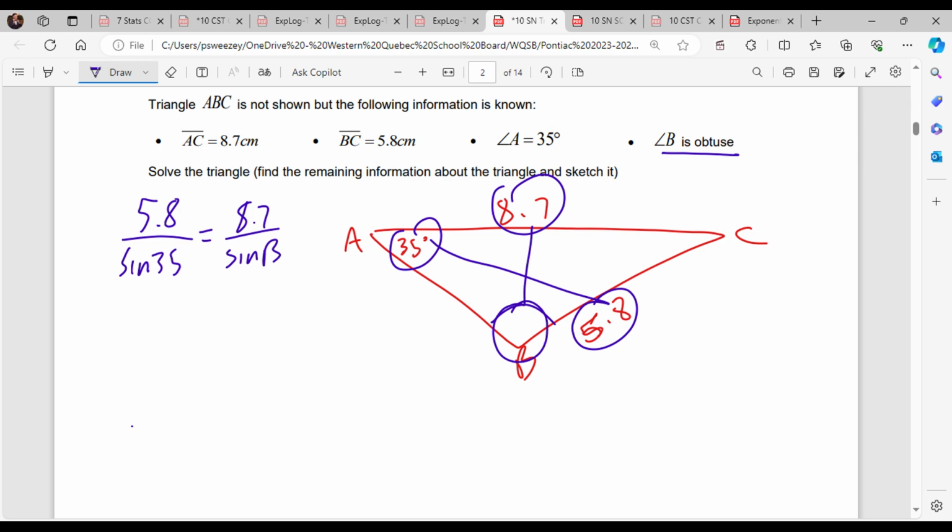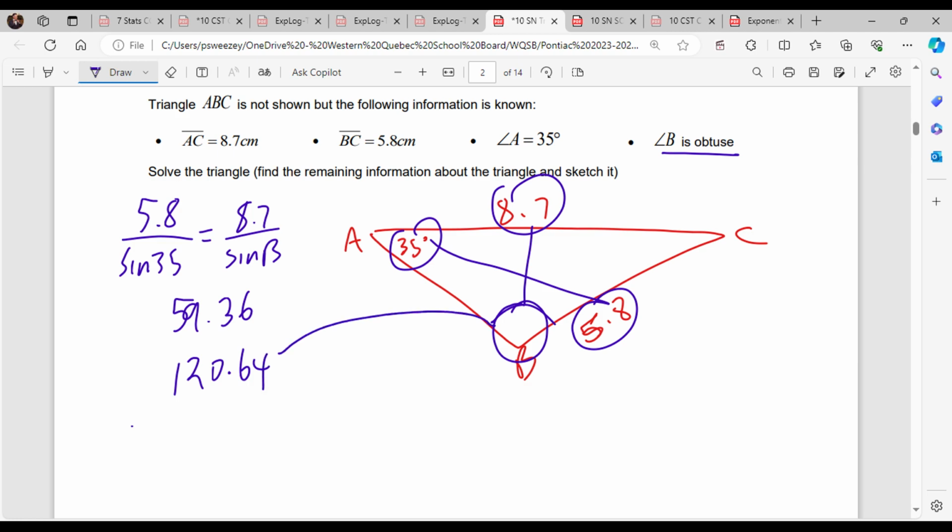And then all of that. Wait, did I put the brackets in right? Bracket divided by sine 35. No, divided by 5.8. And end up with something like, did you get 59.36? So 180 minus 59.36 gives me something like